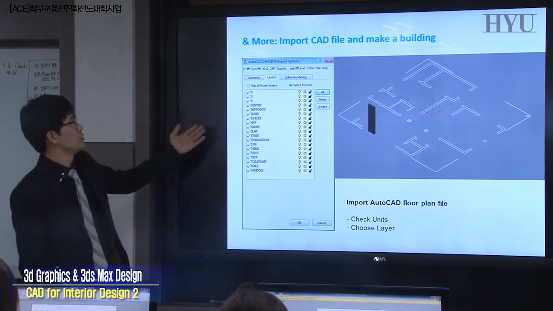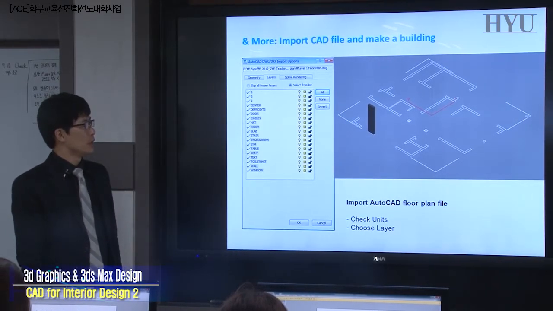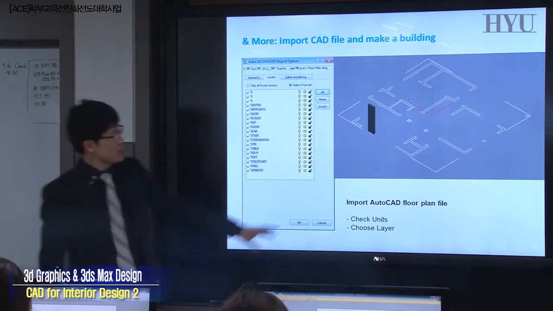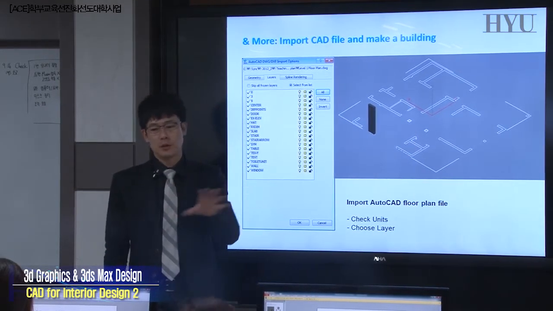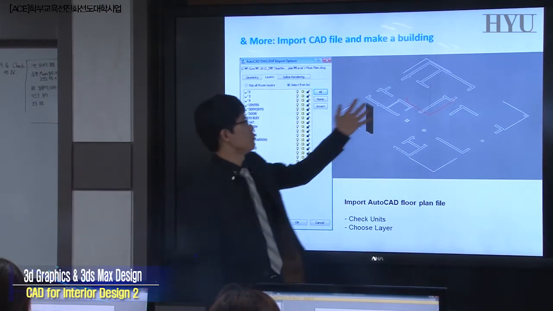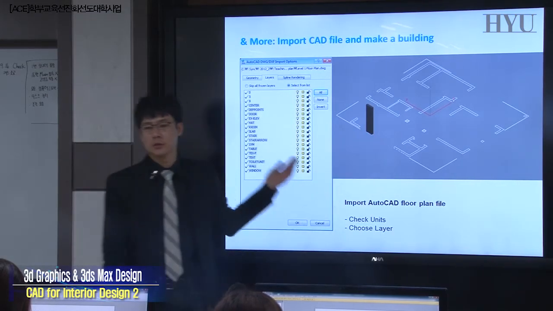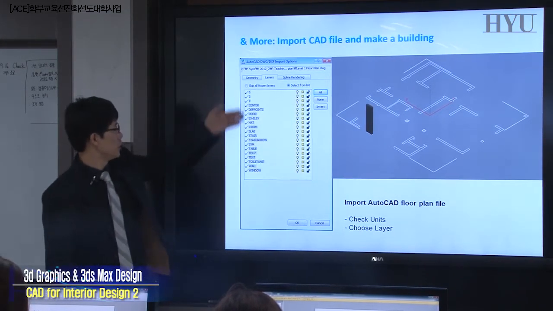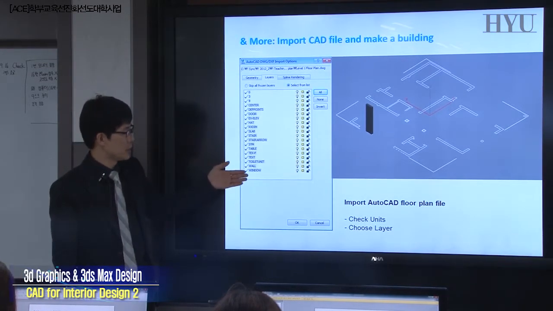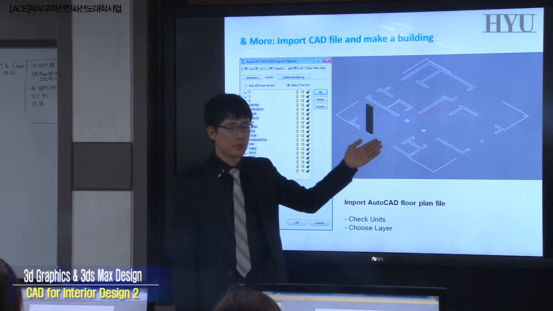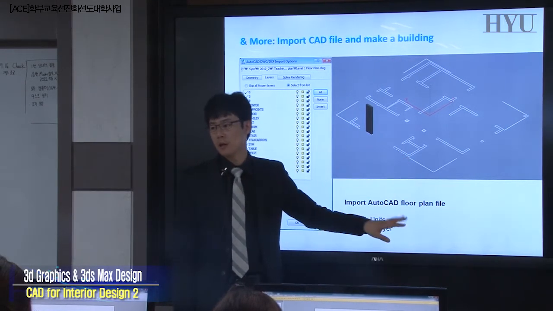Additionally, I would like to introduce you reuse of 2D geometry. This is a simplified 2D AutoCAD file. When you design your floor plan, usually we get this kind of 2D geometry. And then we can import it to 3D Max with properly generated layer information. Turn on and off, and select them and extrude it so that you can generate walls, bottom slab, windows, and